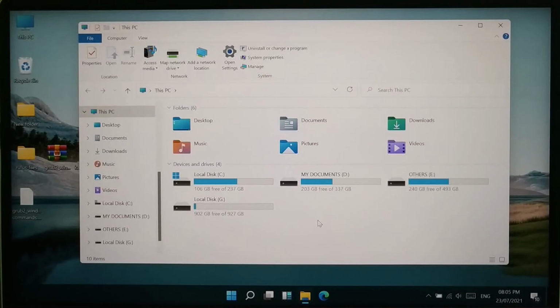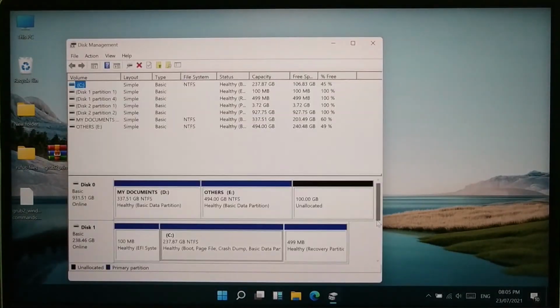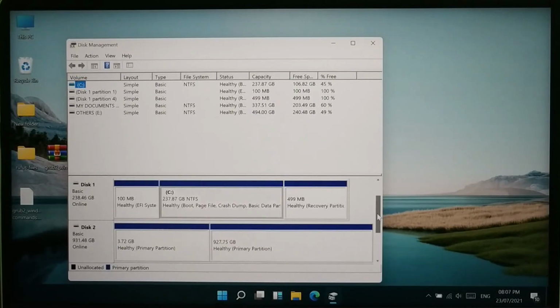Now I will also unplug this USB hard disk of mine. But for those who do not have this software, they can close the file explorer and then they can go to disk management. Here we scroll down. Here this is my hard disk. Now this does not require any software. Disk management does not require any other software to work. So if you don't have the software as mine, it will still work.